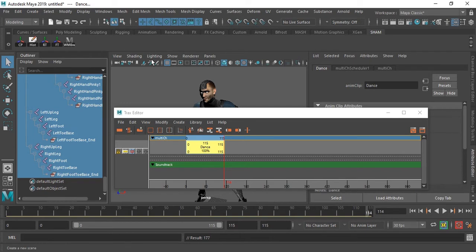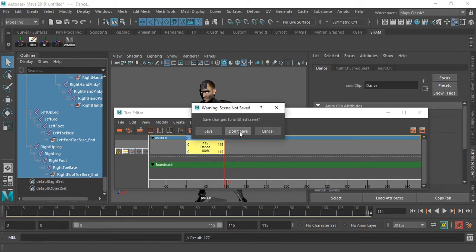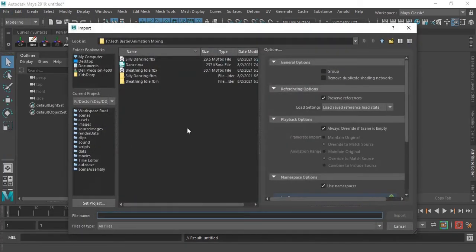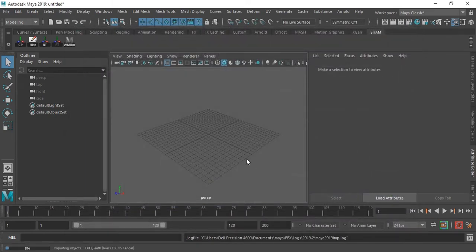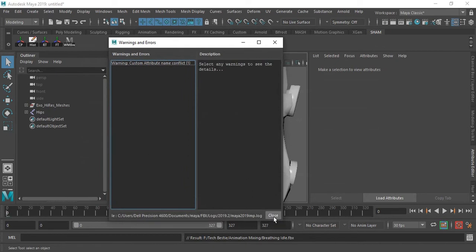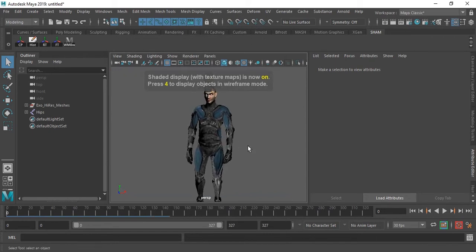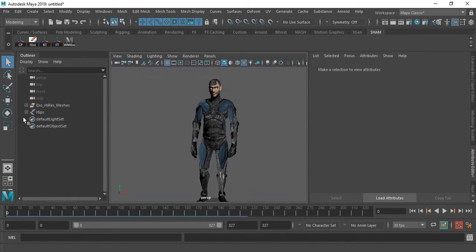And now I am opening a new fresh Maya scene and import the second FBX that we had downloaded from Mixamo, that is breathing idle. Once the character is imported, follow the same process.